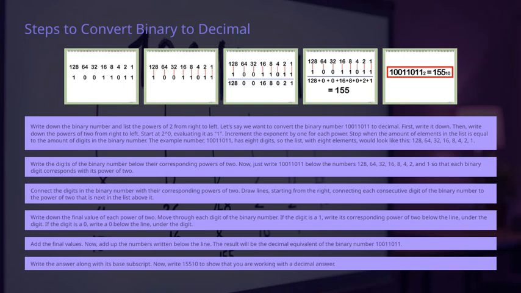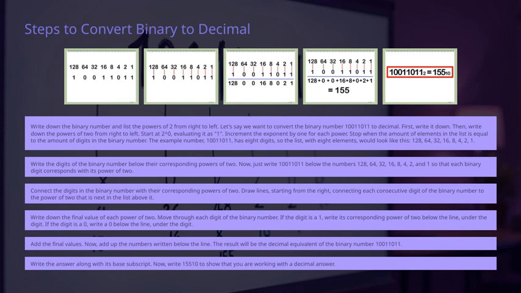Let's walk through the steps to convert a binary number to a decimal. First, write down the binary number you want to convert. In this case, we'll use 10,011,011. Next, list the powers of 2 from right to left, starting at 2^0. So 2^0 is 1, then 2^1 is 2, 2^2 is 4, and so on, increasing the exponent by 1 each